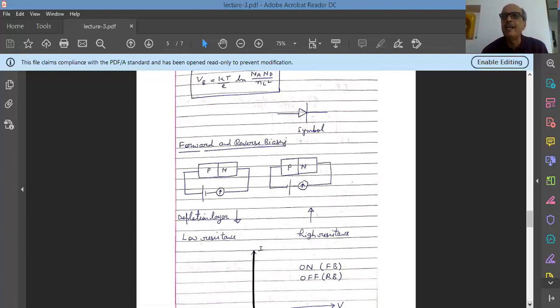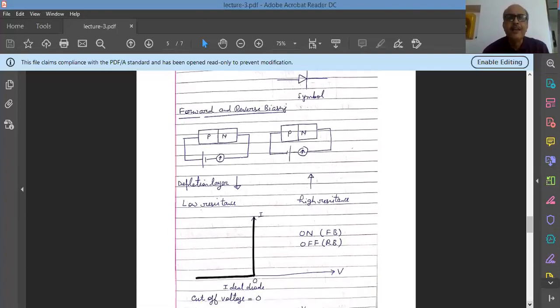It is just like ideal gases, ideal and real. So in case of an ideal diode, when it is forward biased, there will be full current. You can see here the current voltage diagram. And in reverse biasing, there will not be any current. So in future also, while dealing with several electronic devices, we will make use of the PN junction diode in forward biasing as on and reverse biasing as off. On means zero resistance, off means infinite resistance.